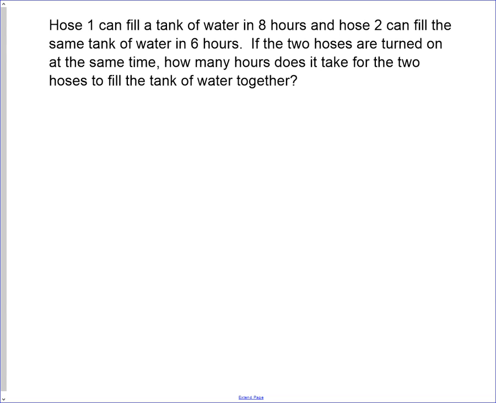This is a classic work problem from Algebra 1, Algebra 2. And in this problem, there are a couple different ways that you can go about solving it. But I want to give you a technique that I've always used that I think is a very useful way to do it. And that is to use a formula that is a job is equal to the rate times